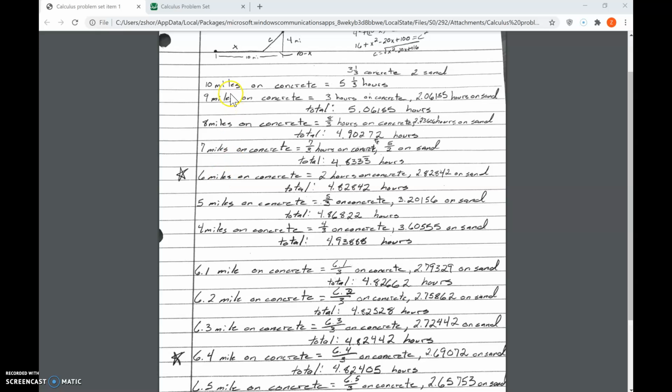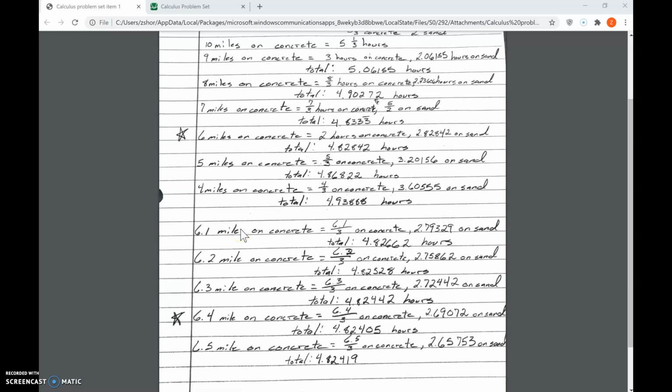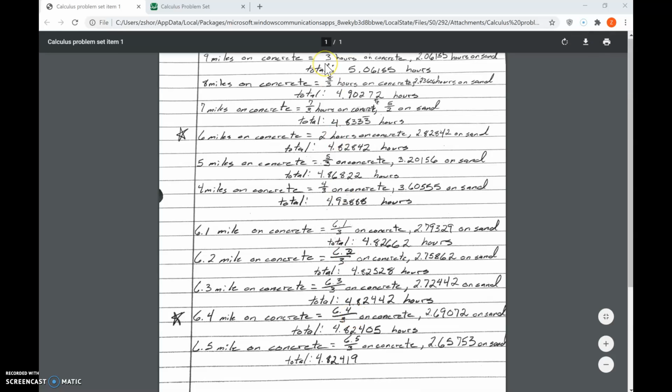So I went through it, did 10 miles, it was 5 1/3, 5.0615, and 9 miles on concrete. I found 6 miles on concrete gave us the minimum, going down by 1. Then I went back through and added 0.1, 0.2, 0.3, 0.4, and found 0.4 to be the minimum there. And here I was just taking